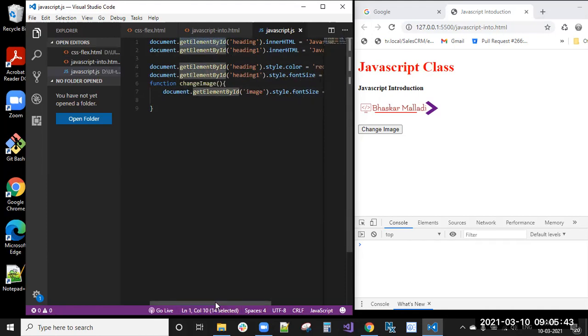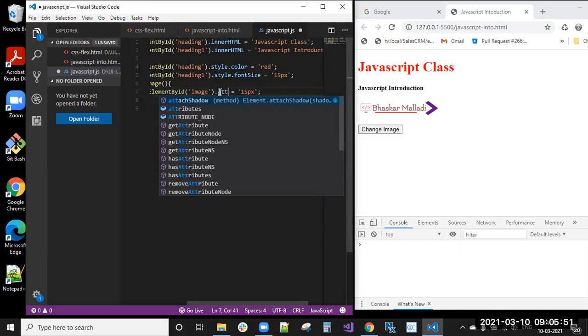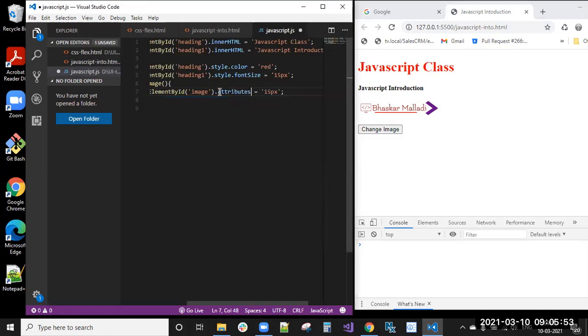Now you can see that. So attribute, we have attributes, getElementById.